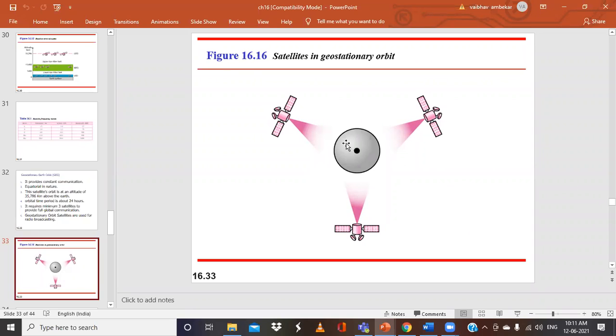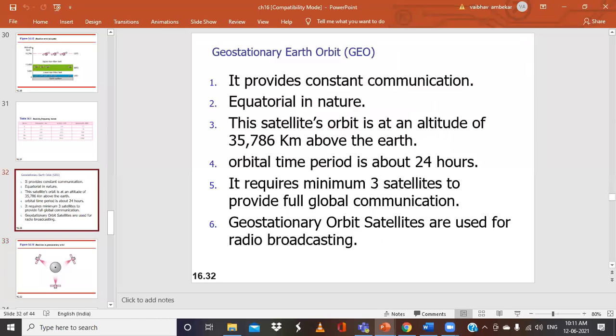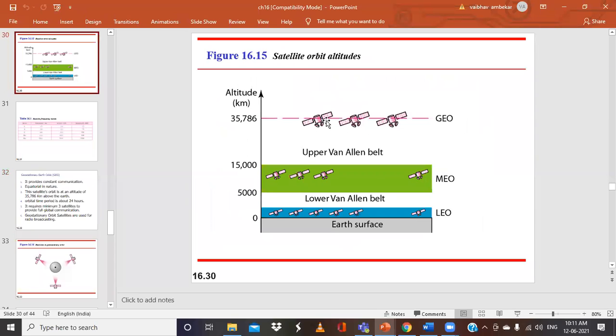And when we say that, if you consider this as a circle of the earth, and these are the satellites that are placed, and their distance is, say, 35,786 kilometers above the earth. So in that particular region they have been placed. If you consider this as the earth surface, they have given a graph of earth surface versus the different satellites that we can place.